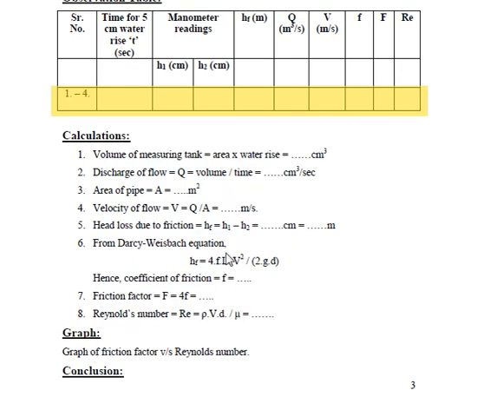Now again I repeat, you can perform this experiment for varying diameter pipes of same material. Next, same diameter pipe of varying material, so different materials. So different material pipe but of same diameter. You can take it of PVC, acrylic, aluminium, copper, cast iron, etc. And you can plot the graph for friction factor and Reynolds number.